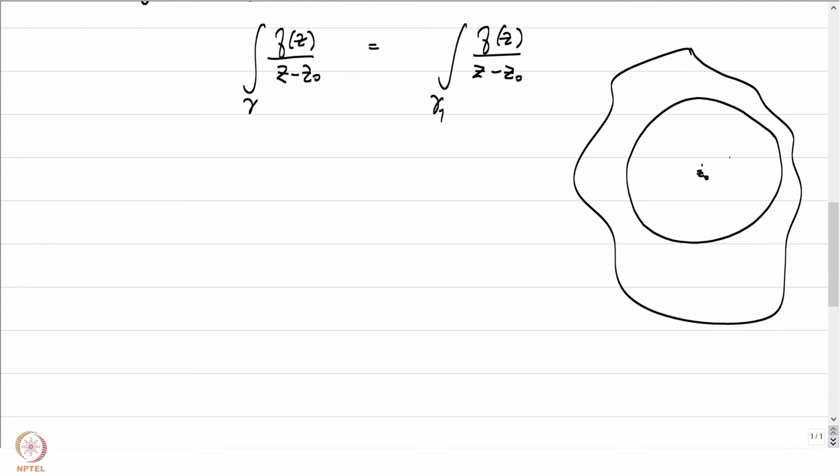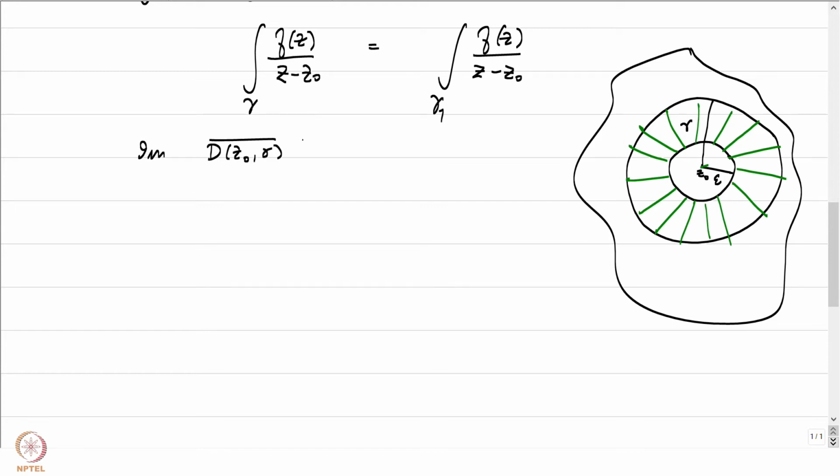We will focus our attention on a much smaller disk. Let's say this is a disk of radius epsilon around z naught, and let's now focus on the circle of radius epsilon around z naught. Notice that with a straight line homotopy, which will be like this, by going along these lines which originate from z0, you will be able to get hold of a straight line homotopy from the circle of radius r around z naught to the circle of radius epsilon around z naught. So let me write that down.